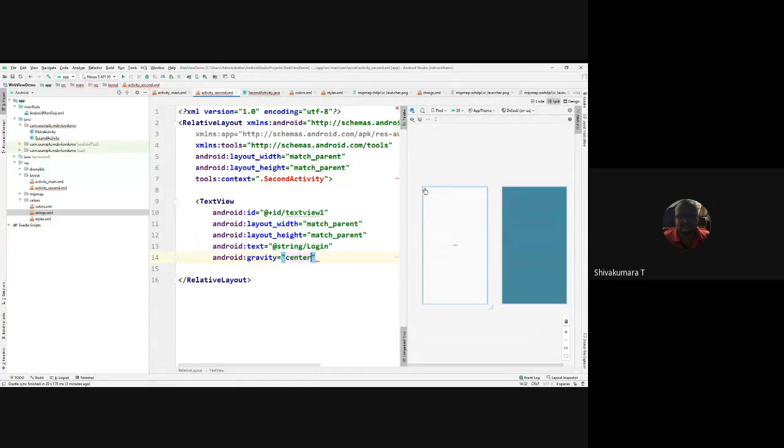It comes in the center of the screen, but we wanted it to display at the top center, right? For that, layout margin top.